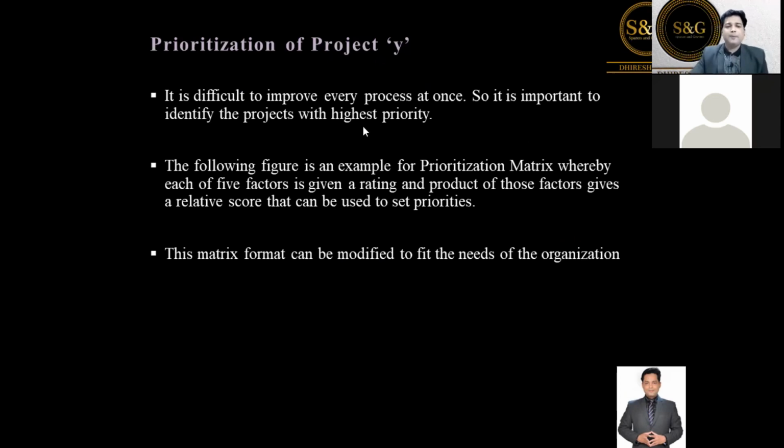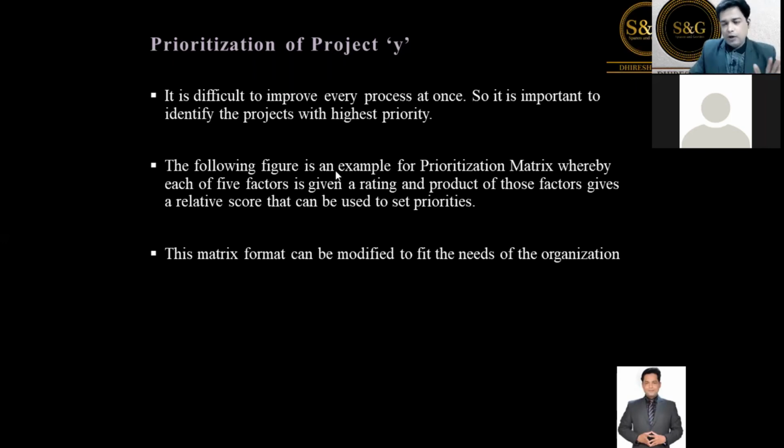Now what is prioritization? It's obviously difficult to process all the projects. You have a laundry list of projects, and you cannot go to solve all the problems in one go, and it is not advisable. In the first phase of the Six Sigma journey, we generally suggest you take 4 to 5 meaningful, manageable projects, and then we give training to the people, and then we prepare the team and project charter as we have defined in our yellow belt, and then we coach and guide them. That's how the consulting happens. Okay, so this is the prioritization matrix.